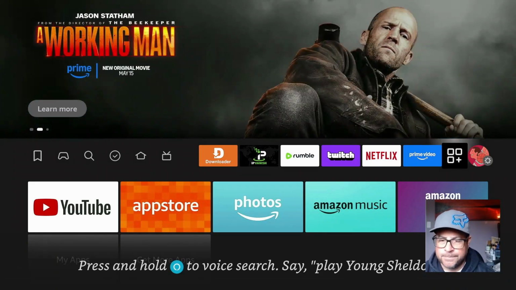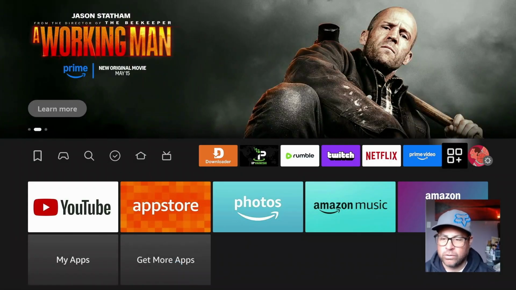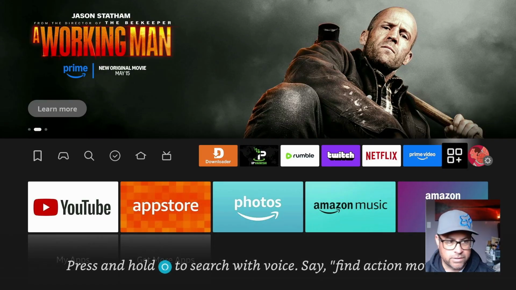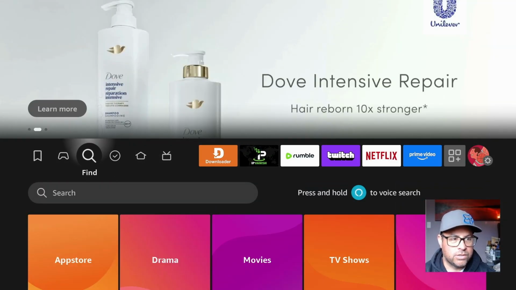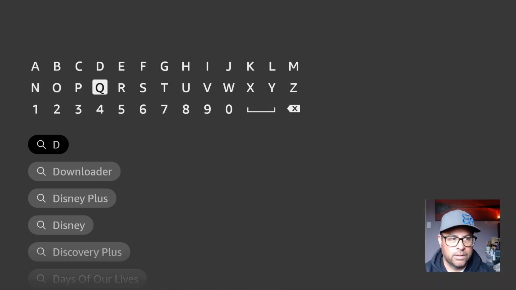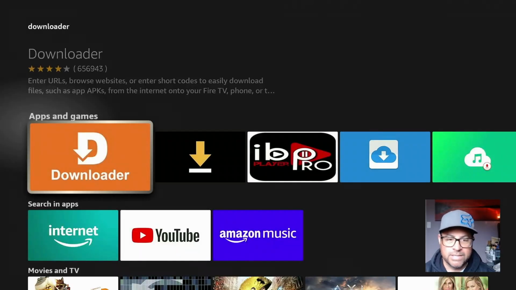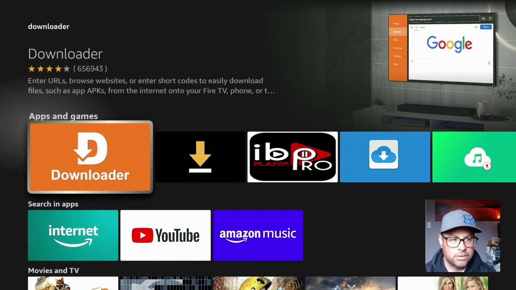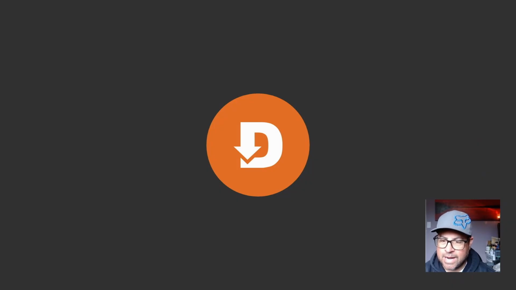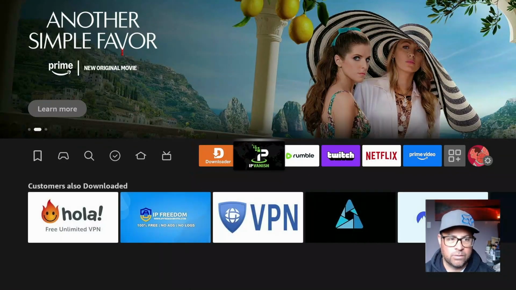So what we need to do is download a program called Downloader. This gives us the ability to sideload applications onto our Fire Stick. In order to do that, just hit the little magnifying glass here and type in Downloader in the search. Downloader is available on the App Store, so get it, download it. Once you have it downloaded,